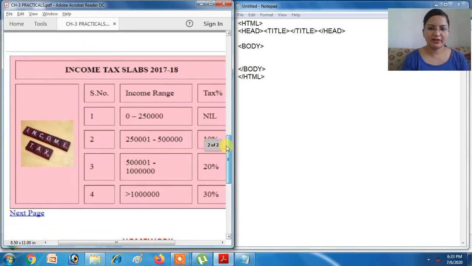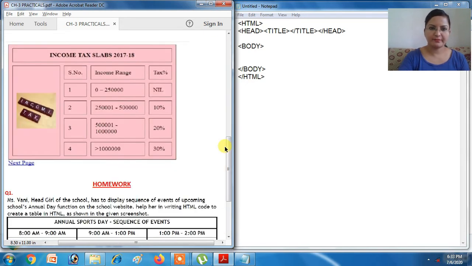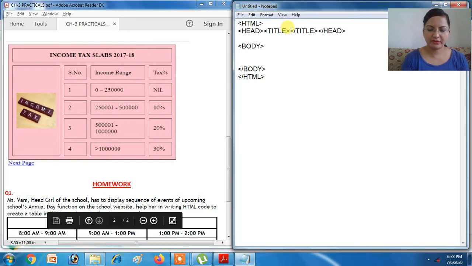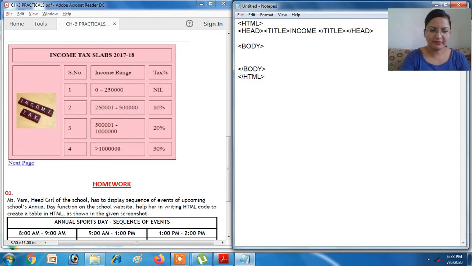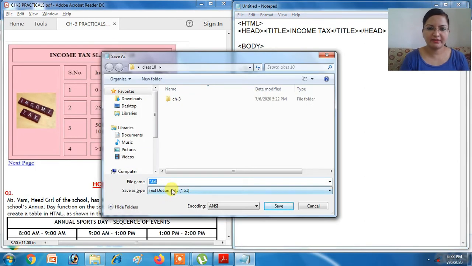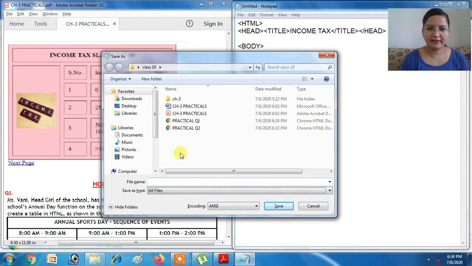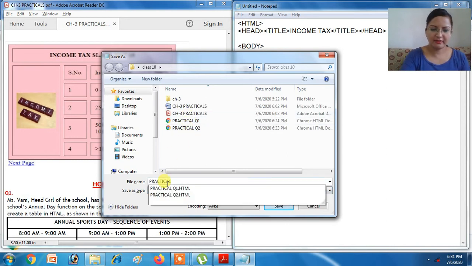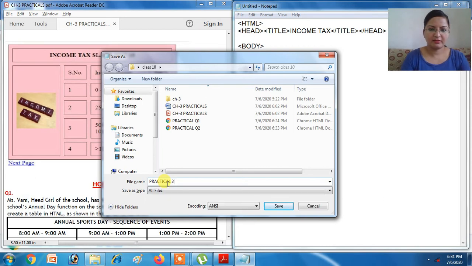This program we have to do. Okay, it is income tax slab. So here you write title income tax. Save it. All files. Practical question 3.html.